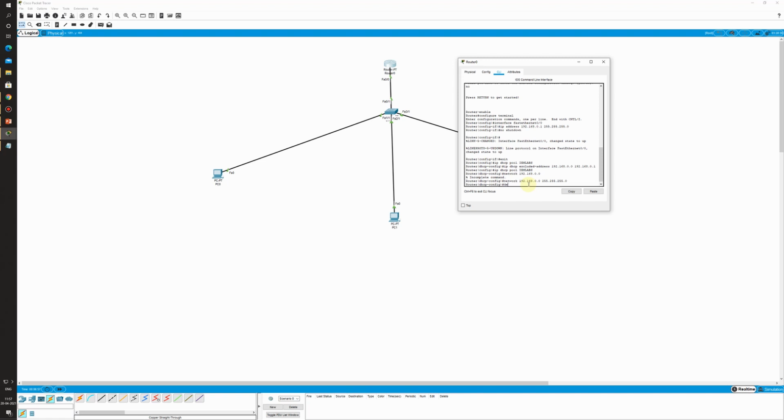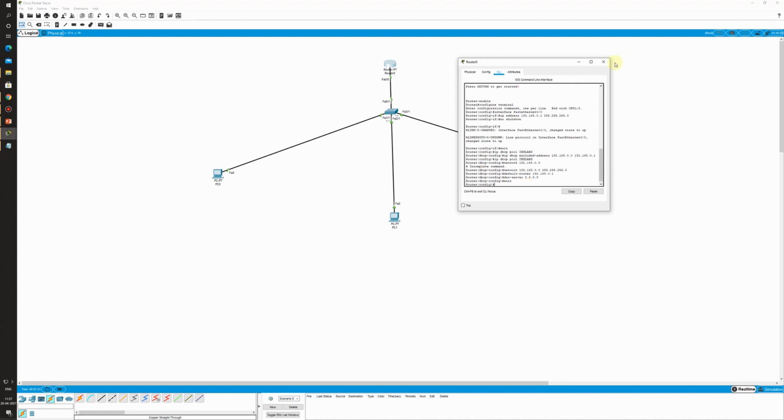So the command is default-router 192.168.0.1, and the DNS server 8.8.8.8. So I am done. Exit. So the DHCP has been configured.